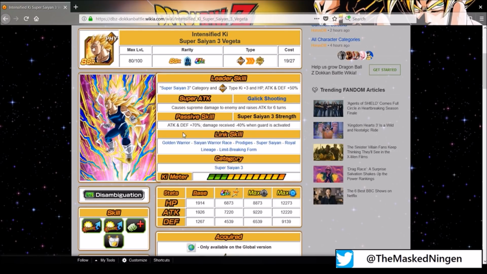His link set, unfortunately, like many Super Saiyan 3 Vegetas, he's a bit screwed over. He doesn't have Over in a Flash, so his only key links are Golden Warrior and Royal Lineage, which we don't really have many units on the super physical team that work well with him. So I think we're probably going to pair him up with the physical Bardock, not just because it's good to have a sealer on the rotation, but also because he gives key with his passive. Although, I guess we kind of want to...